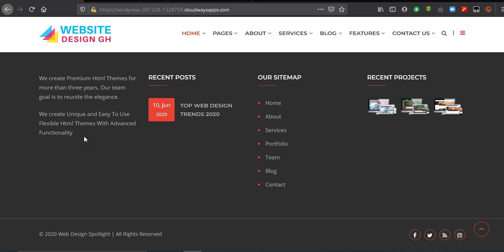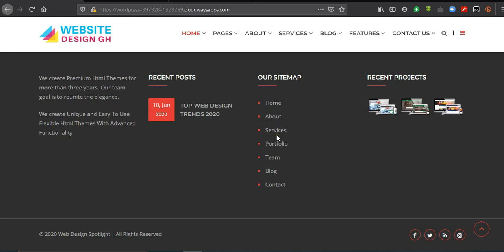So we can add widgets to specific areas, and these areas are called widget ready areas. And one function of widgets is that it helps us to add specific features to our websites at various locations. So it is clear that one area you can add widgets is the footer section. Just as we can see that this area has 4 widget areas, and hence we are able to add 4